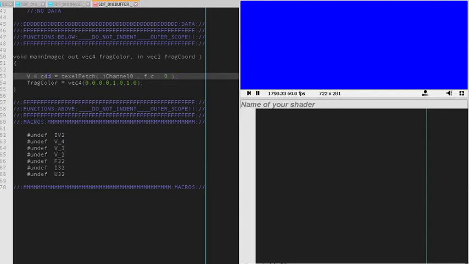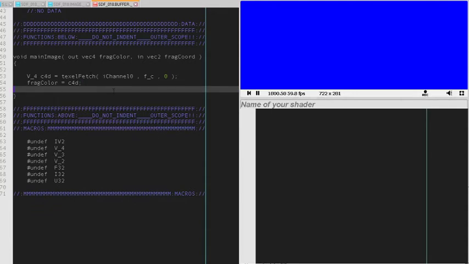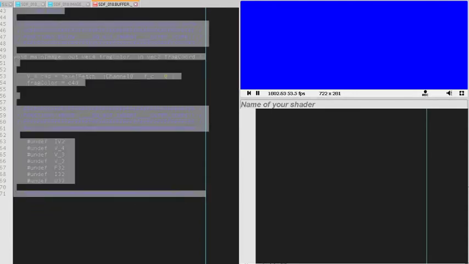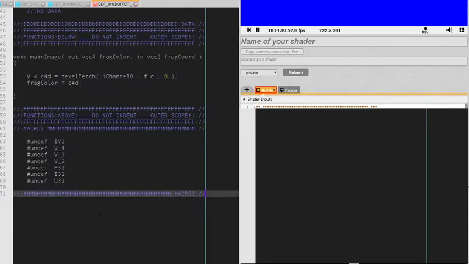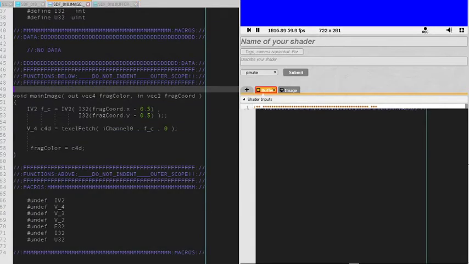We want to take this color 4D, and we just want to sample from ourself, and that will create some problems, where this will probably end up black, or it might be blue because it's already blue, but it'll create problems for us. So texel fetch, and